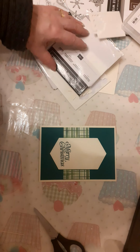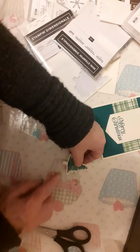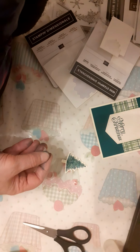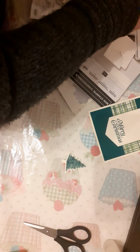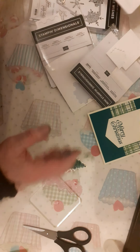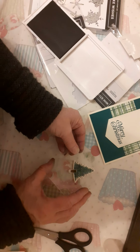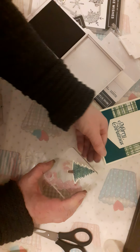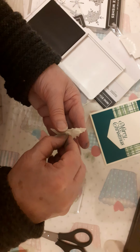Oh, I forgot to do the trunk, didn't I? Oh dear. Now I'm going to see if I can be clever and do this while this is on here now. That was foolish of me. Right, so you've got a little trunk, and I'm just going to pick up my... Let's take this off a minute. I'm going to just have the trunk, and I'm just doing that with Early Espresso. So just going to get that, and hopefully it will work and I can get it in the right position. And there, I've managed it. Whew. So that can go off there. Just peel those